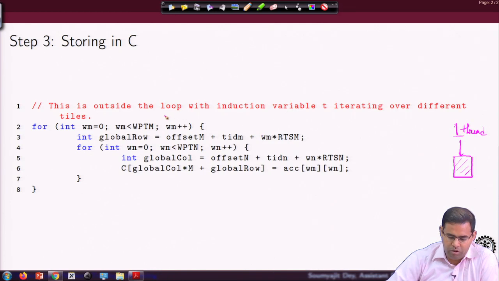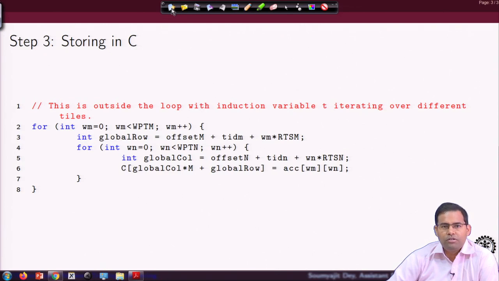So, what it does, again you have a cascade of 2 loops, and it figures out what is the global position where it has to do the store. That is figured out by first computing a global row from the outer loop, and then in each iteration of the inner loop it figures out a global column value, and this combination of global column and global row is used to figure out a position in the C matrix where this value from ACC has to be written back, right. So, this is how the final values get stored in C.